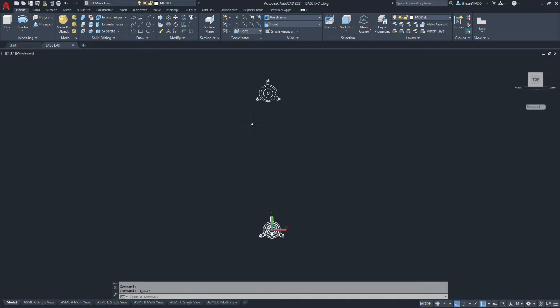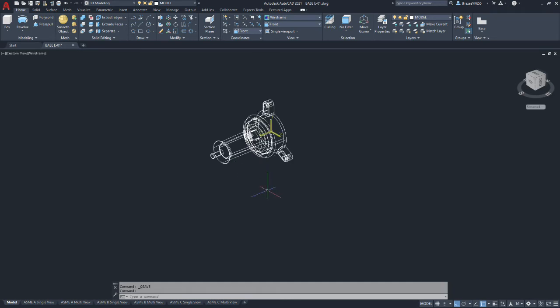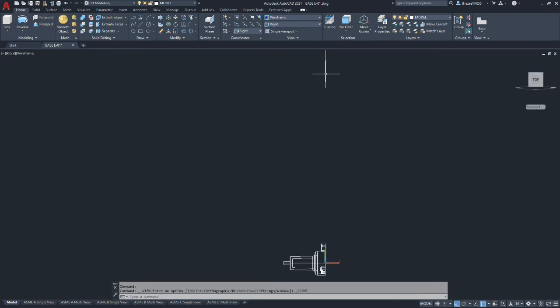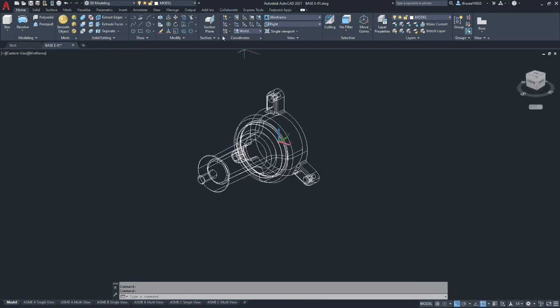Alright, so now it's time to go to section views. And we're going to set our coordinates to the world, right plane. We're going to use the section plane tool.